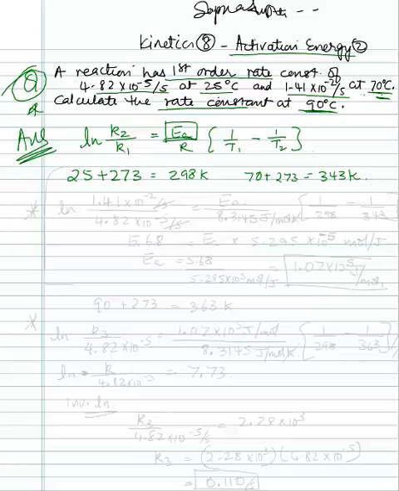So 1.41 times 10 to the negative 2 divided by 4.82 times 10 to the negative 5, and this is all per second, but it doesn't matter because we're going to cross that out anyway, is equal to EA, that's what we are calculating, and then